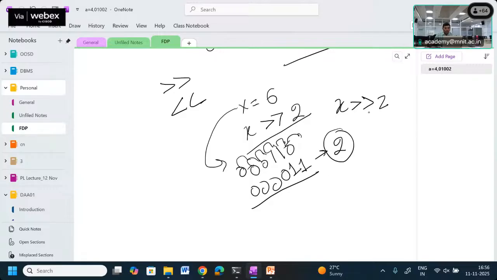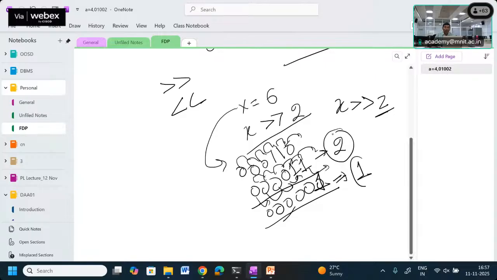Again, because it is written as shift by 2 bits, 1 bit we have shifted, and this outcome needs to be shifted again by 1 bit to the right. So the last 1 goes out, the other bits shift over, and zeros come in. In 6 bits we are getting 0, 0, 0, 0, 0, 1, which in integer format is represented as